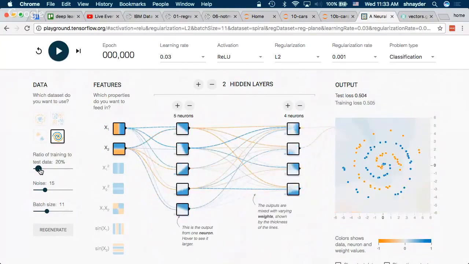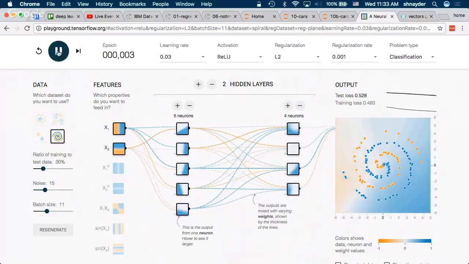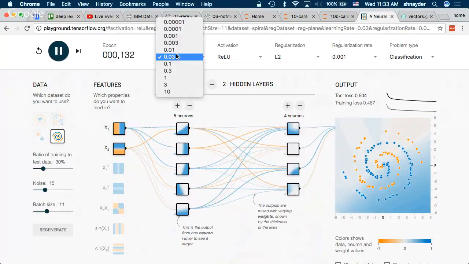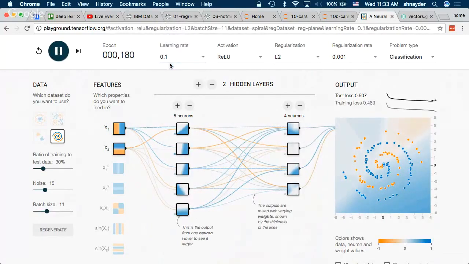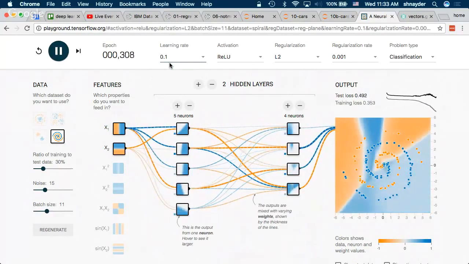So let's get more data. Let's say 30%. Now it might actually work. Go faster. Still overfitting. Now it's starting to actually learn something. All right, but now we don't have enough capacity, perhaps.